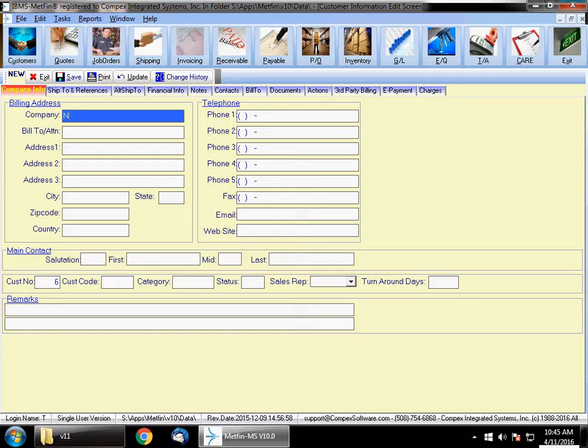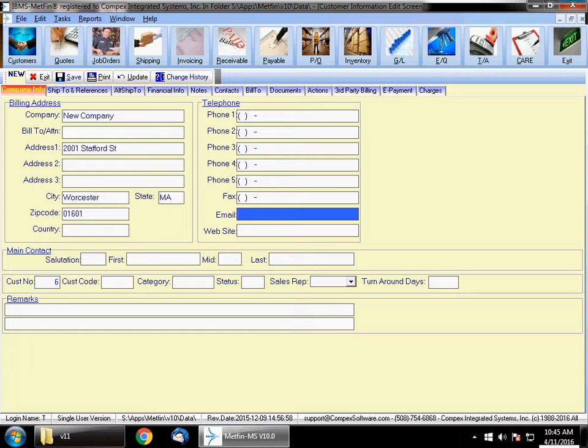So if I enter in new company and just give them an address, now we also have the company telephone, and you have a lot of alternate phone numbers, which might be fax machines or cell phones, company website,